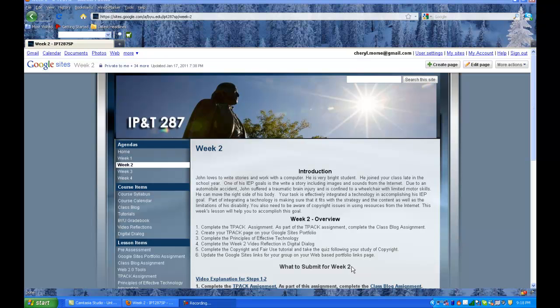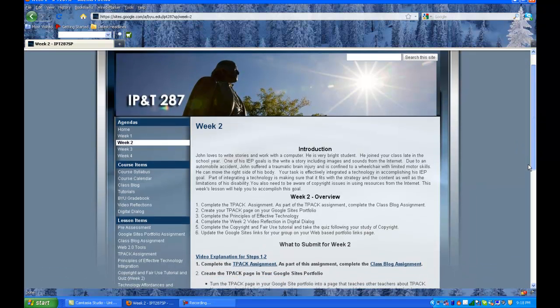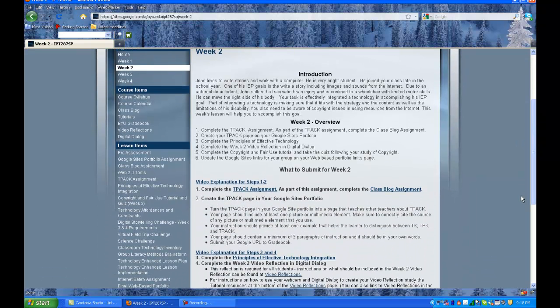Hello class. I've gotten a couple of emails regarding part of your week 2 assignment. So I pulled it up here. This is the week 2 agenda, and step number 2 talks about creating your TPACK page in your own Google